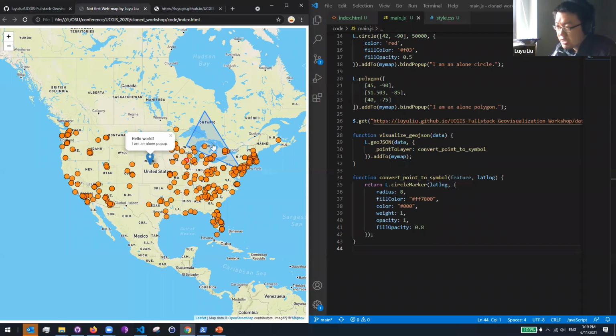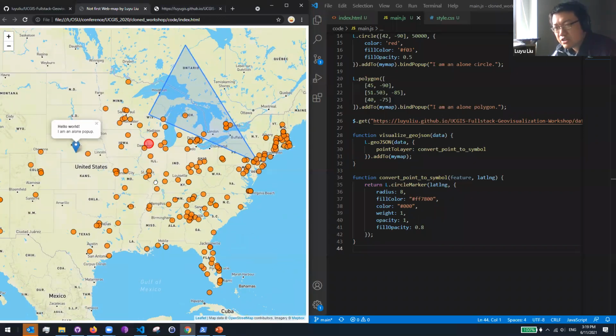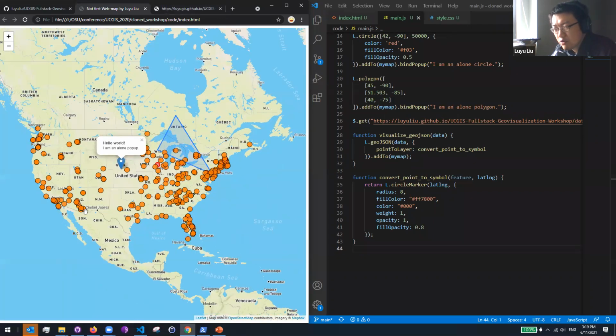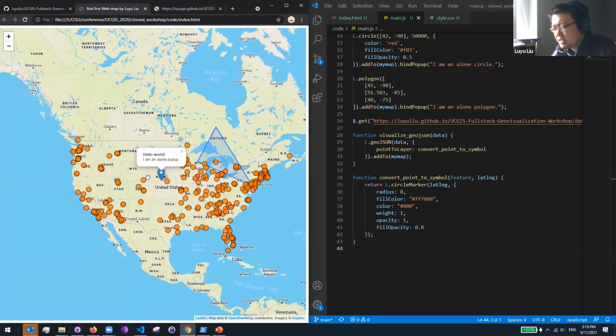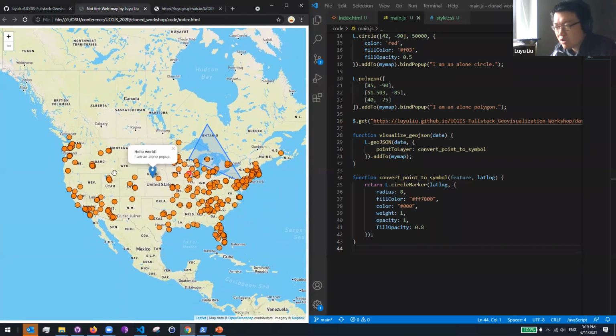Just to give you some context, this is actually the UFO witness data in North America in March 2019. This is one month of data. This is very interesting data, I would say. A lot of people actually use this data for machine learning. Believe it or not, this is legitimate work. But anyway,